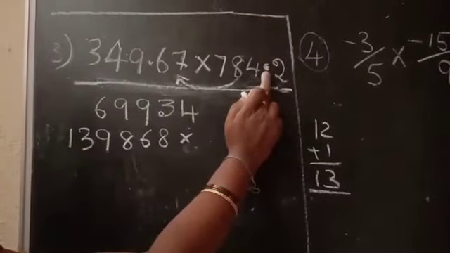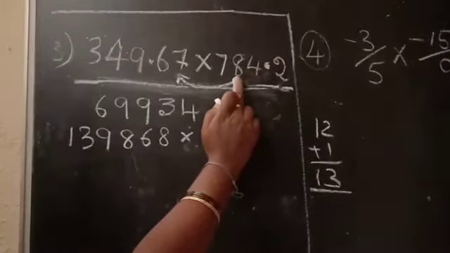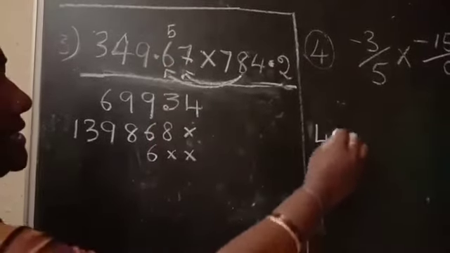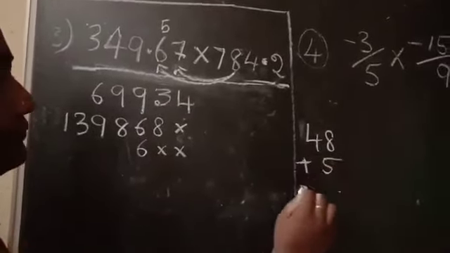Next, without considering the decimal point here, 8 is there in 100 place. So when we multiply 8 into 7, we are going to start with 100 place. Now 8 7s are 56. 6 should be written here. 5 should be carried out in this place. Next 8 6s are 48. 48 plus 5 will get 53. This 3 should be written in this place. 5 should be carried out here.